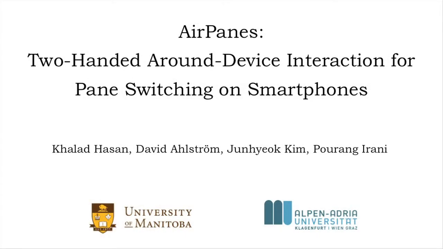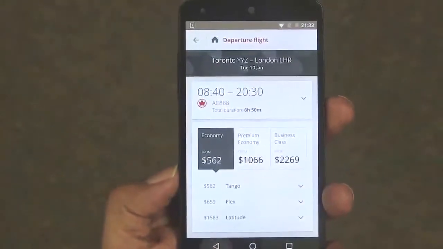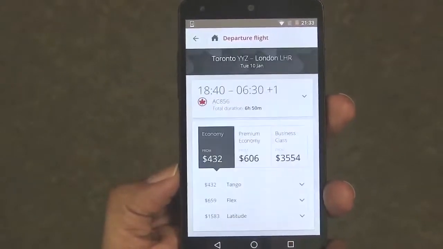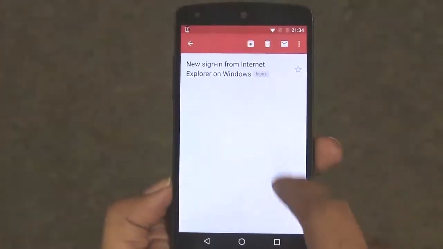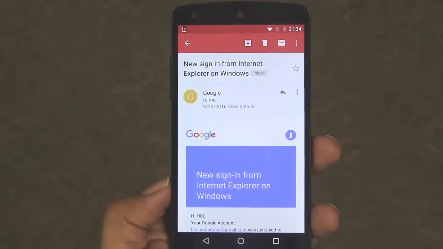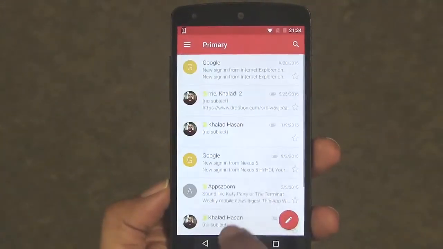Smartphone applications are generally comprised of multiple views or panes. Each pane serves a specific function, such as showing a list of items or showing particular product information. Exploring information with such a multi-pane user interface forces users to frequently switch back and forth between panes, which can